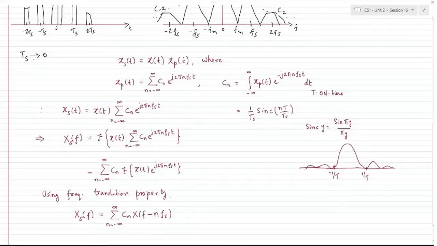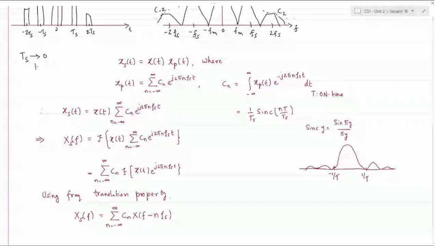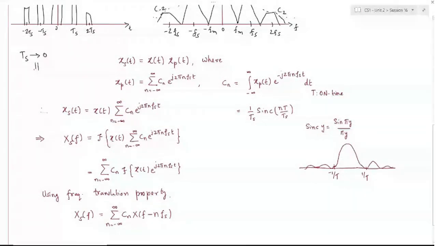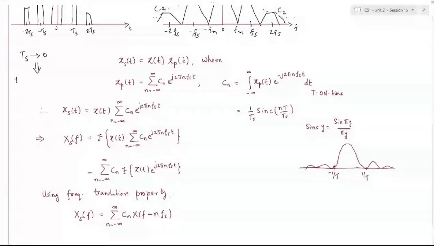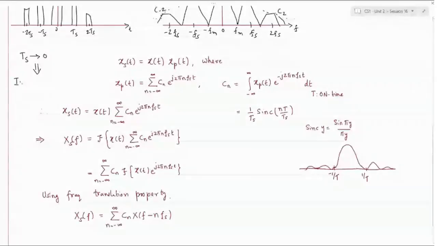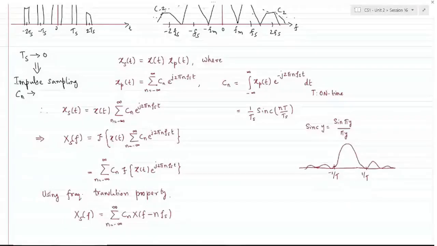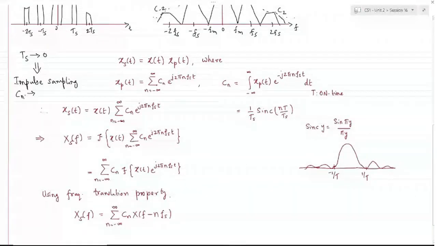If I limit the value of Ts tending to 0, this is nothing but your impulse sampling, where all your coefficients Cn will turn out to be a constant amplitude. Here all the Cn's were decreasing or governed by the sinc function. In case of Ts tending to 0, all Cn's will have a constant amplitude of 1 over Ts,